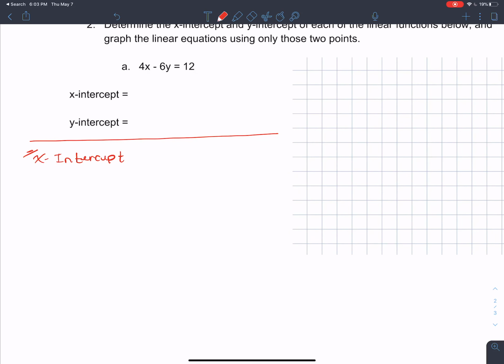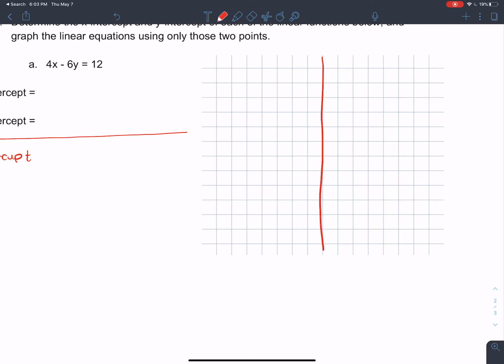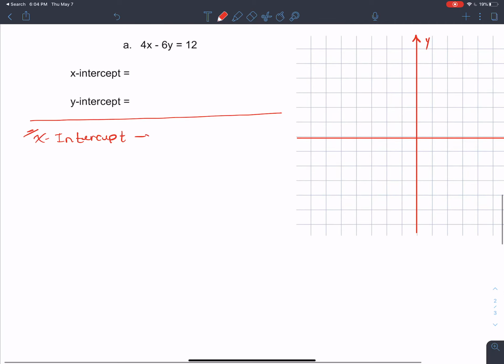Okay, so x-intercept. How do we find this? Well, let's recall. I'm just going to draw a sample grid here. The x-intercept occurs somewhere along this line here, because this is our x-axis, right on the axis itself. So what do we know? What's the y value when a point is along this axis? We know that the y value has to be 0, because as we go from bigger and bigger values down to 0, 0 is where it actually crosses through this x-axis. So we need to plug in